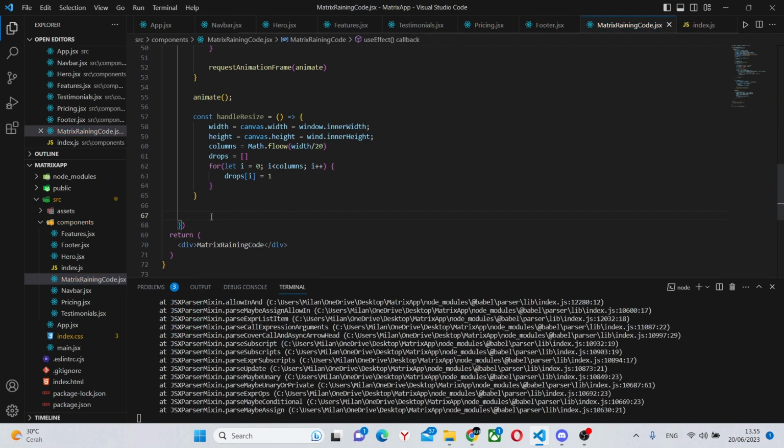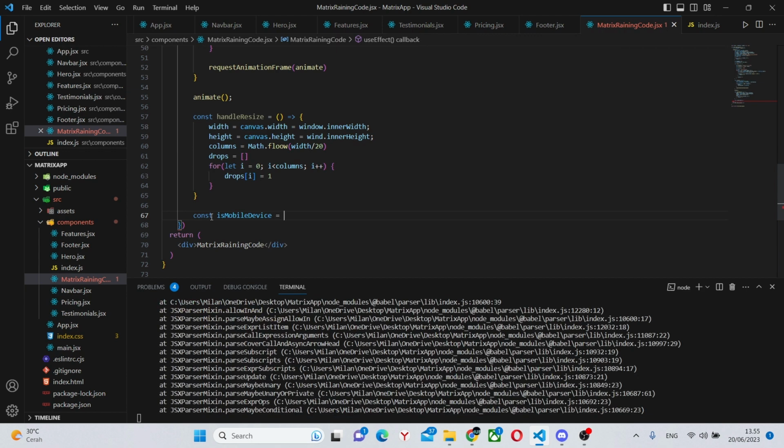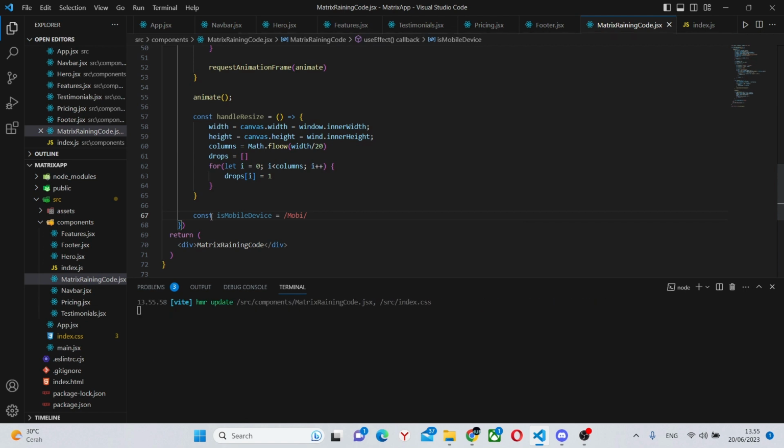This final part will be made for mobile devices, because if we leave it like this, what might happen is that every time a person scrolls, the animation restarts, which creates the very unpleasant effect for the eyes. Which is why we'll say const is mobile device equals, in here we say slash mobi slash i dot test window.navigator.userAgent.